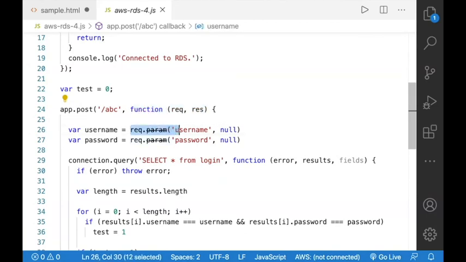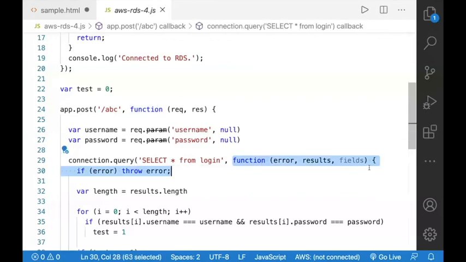The request param of username gets the username from the input, and the request param of password receives the password field from the request. Then I'm using the same connection.query to execute select star from login. I'm going to retrieve all the information from login. If you want to retrieve only specific fields, of course you can specify username, password. It is up to you.